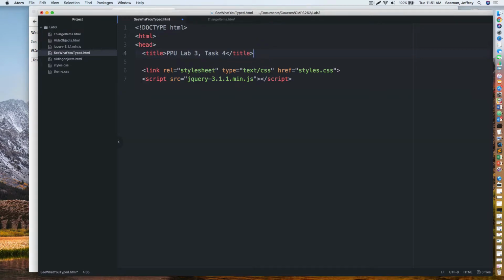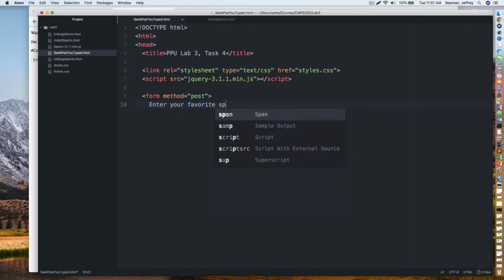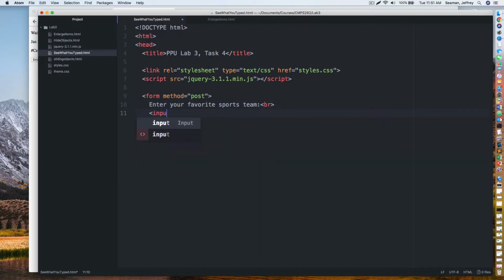So in this case right here, we're going to have a form and we're going to have a script. So we're going to have two different things going on here. So let's actually start off with the form first. So we'll say form method equals post, and we'll just put something. Enter your favorite sports team. Okay, and then we'll do BR, and then we'll do an input. So we'll put input type equals text. So what we're doing is creating a text box for our code. We'll say ID equals sports team,